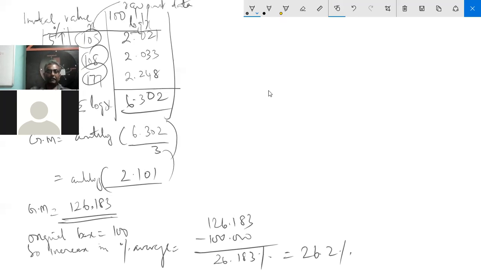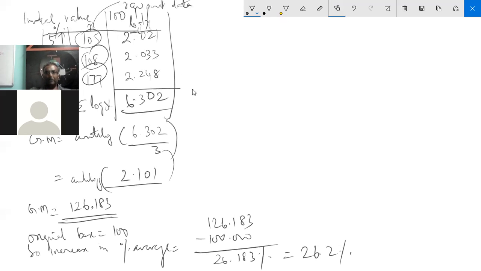So understand that, and whenever data is changing over the years, or over the months, or over the weeks, any data that is changing is given, immediately you should go for geometric mean. After this, I will not see you scratching your head. When to use geometric mean, you should not scratch your head. Whenever the data is changing over the years or months or weeks,